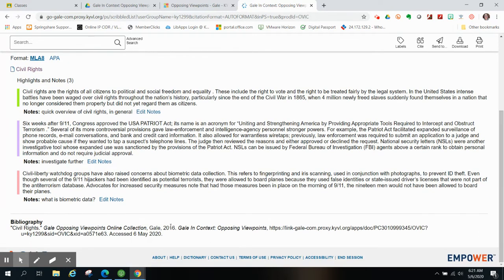The citation is at the bottom of the page. And what's important about this citation is that it has the permalink to this article in the citation. Just remind students to never copy the web address at the top of the page, because that's just a moment in time. It won't get you back to this article at a later time. You need to get the permalink out of the citation,